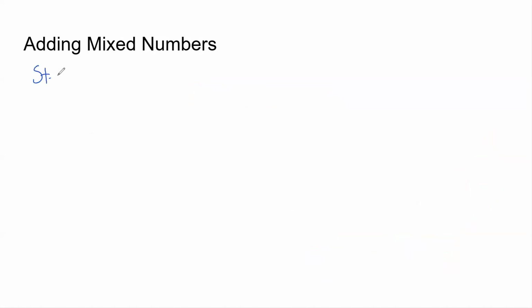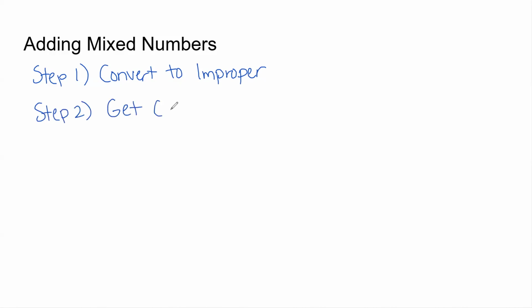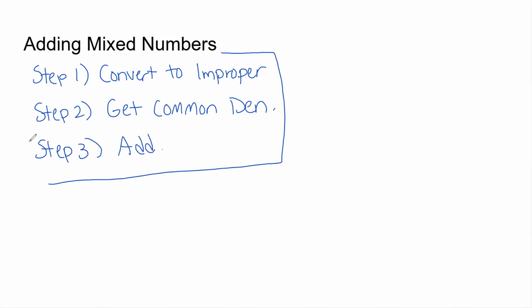So when you get this, step 1 is going to be convert your mixed numbers to improper. And then step 2, get a common denominator. If they don't have one, they might already, so you may not need to do step 2. And then step 3, add. Okay, so if you know how to work with impropers, you're good to go on this. I'm going to leave those steps up here, and let's do,